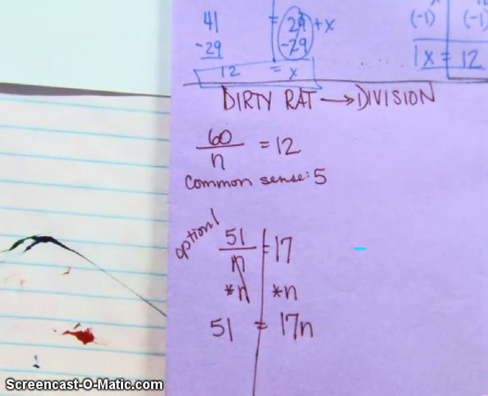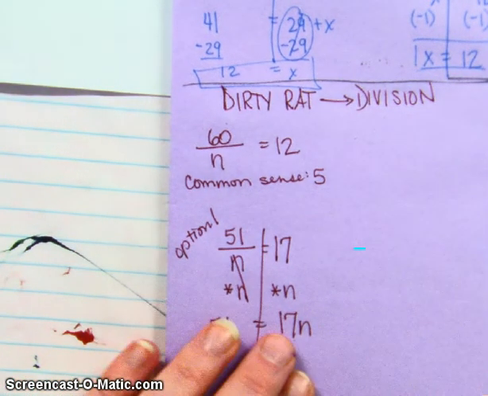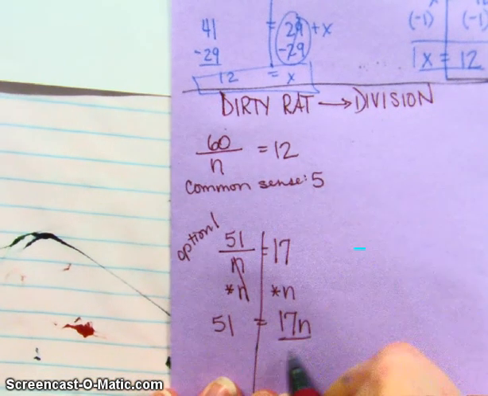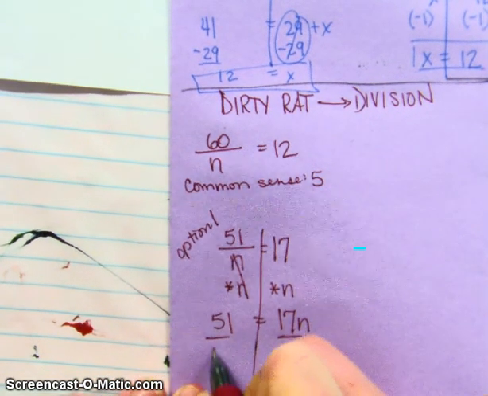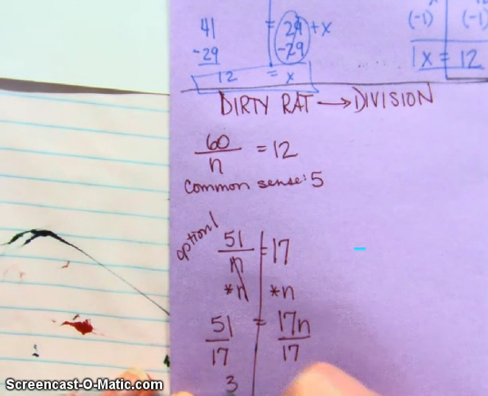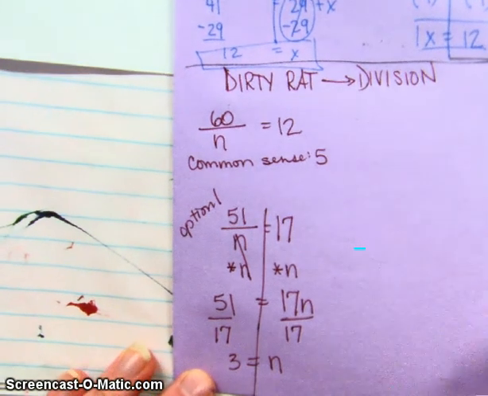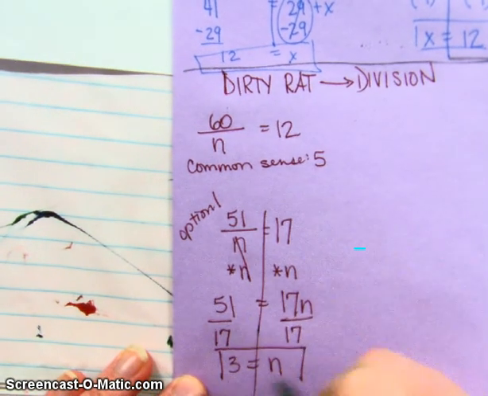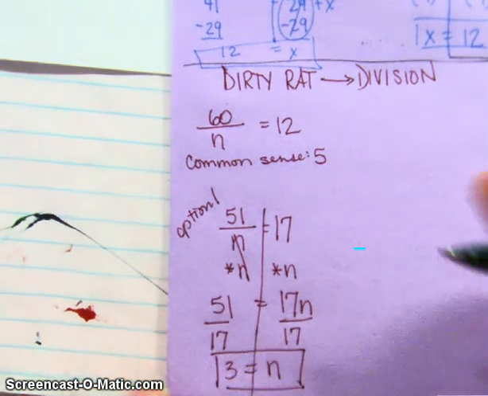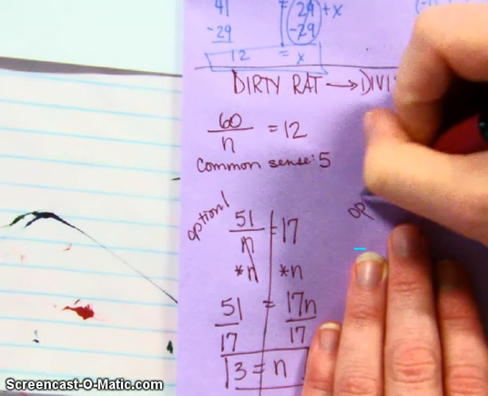Now this is a one-step multiplication equation. I can do this. Divide both sides by 17, and then you find out that 3 is equal to n. That's option 1. Option 2